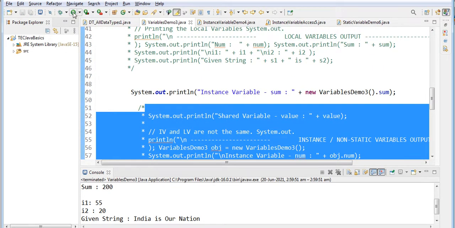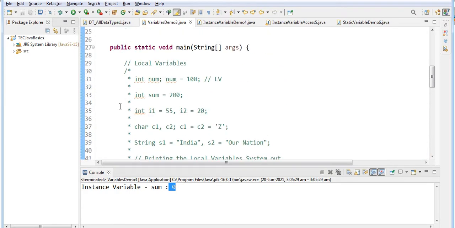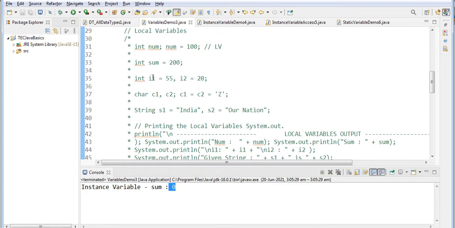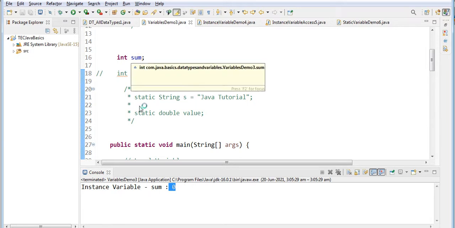Let us see what the output is. See, it is taking sum equal to 0, the default value. But in the main method, when we didn't initialize, it is showing an error, isn't it? But here even if you don't initialize, it is taking the value.